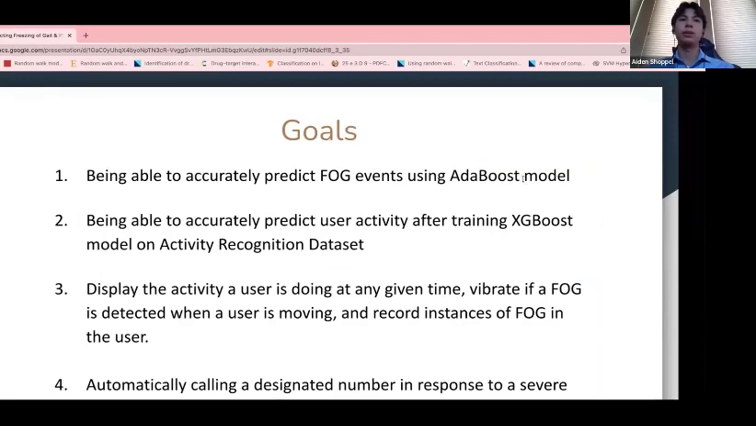Some of the goals that we wanted to solve for was firstly being able to accurately predict FOG events using the AdaBoost model, and being able to accurately predict user activity after training the XGBoost model on an activity recognition dataset, basically meaning that it will tell when somebody is sitting or standing and what action they're doing,